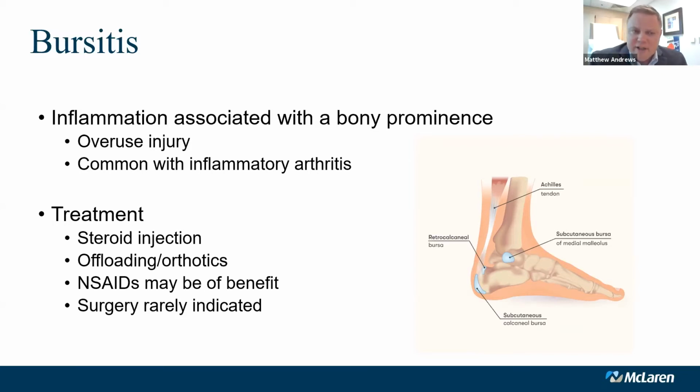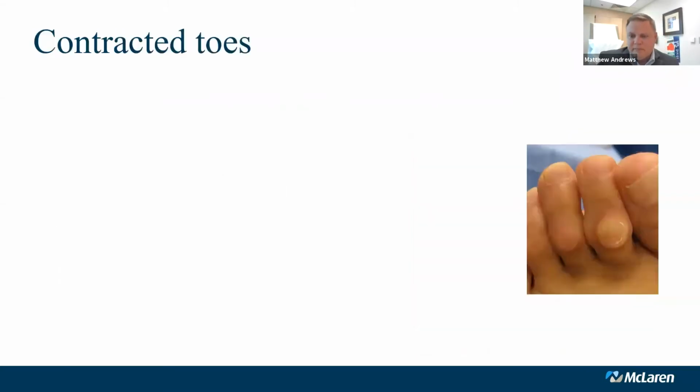We generally do not inject tendons directly, just because you can actually cause more damage than you're trying to solve. But sometimes with some of these pathologies that are associated with a tendon insertion or where the tendon travels in a sheath, a steroid injection may be perfectly appropriate in those instances.